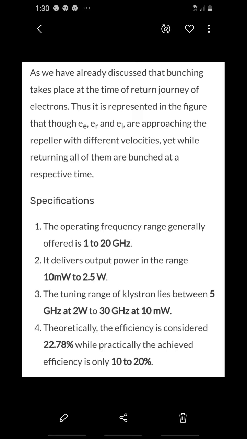And the transit time is in the range t is equal to n plus 3 by 4. Here t is the transit time and n is an integer. So here the transit time ranges from t is equal to 1 3 by 4th to t is equal to 5 3 by 4th.